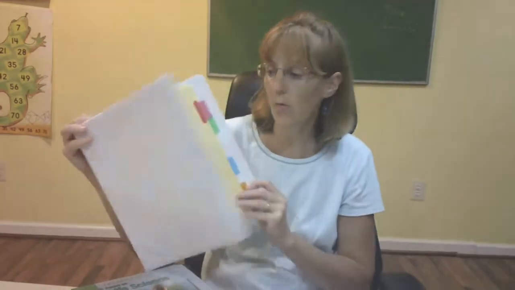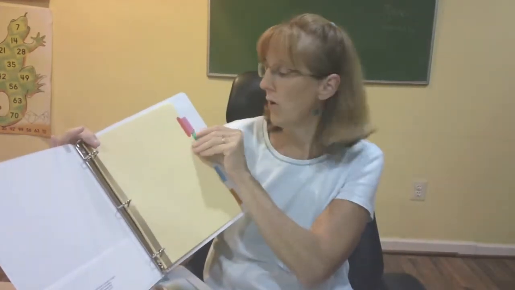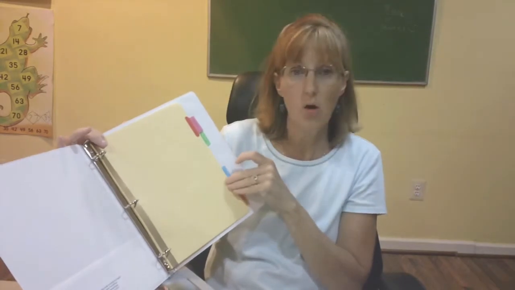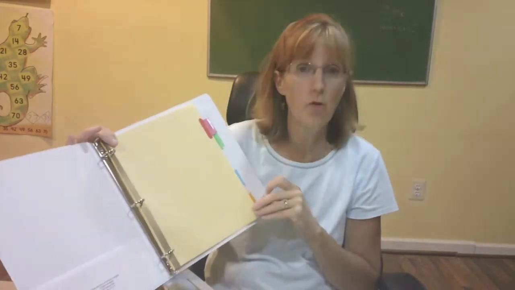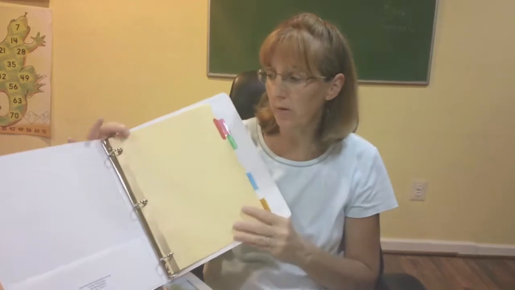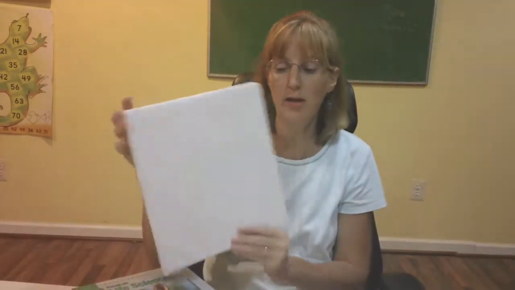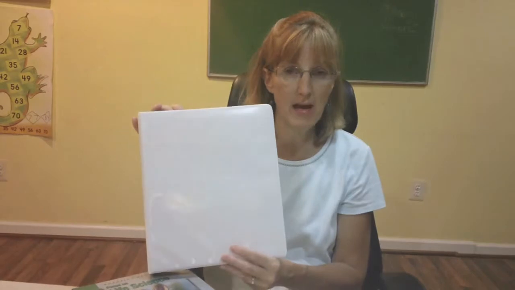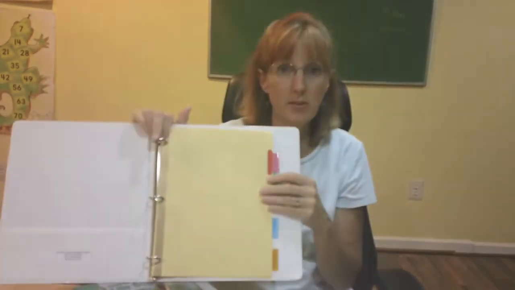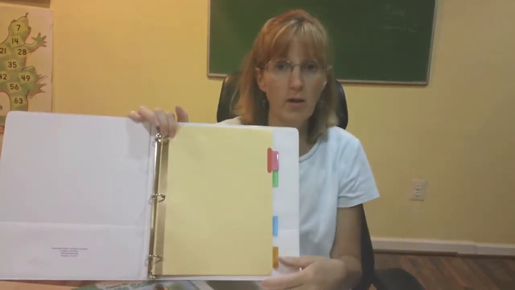The other thing I want you to do before you come to class is purchase just a regular 1-inch, 3-ring binder, nothing special about it, and put in it 4 dividers. 1 for notes, 1 for quizzes, 1 for labs, and 1 for homework. If you go ahead and label your 4 dividers and have that ready to go, I will supply all the papers that go inside there. Well, not actually all of them, because you're going to put in the notes the first day of class. So when you come to class on September the 8th for the first class, you should have your notes ready to go and then ready to use for the first quiz.